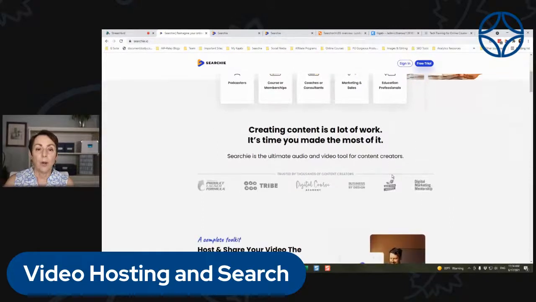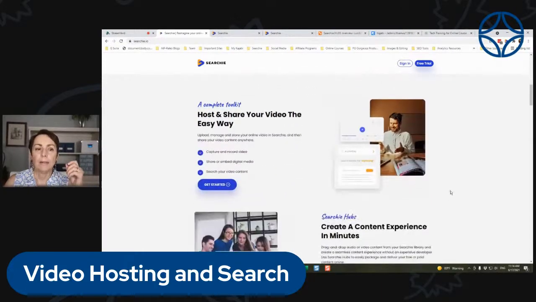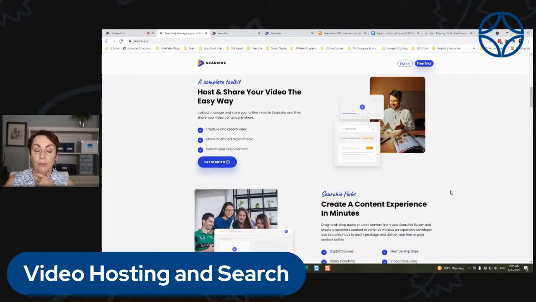And what the focus is, is being able to make your content as accessible as possible for your audience. Again, could be students, could be members of a membership, could be coaching clients. It's a very easy way. I'll talk briefly too about how I use it with coaching clients, because it is a tremendous benefit in just dealing individually with people versus people going through a course or a membership.